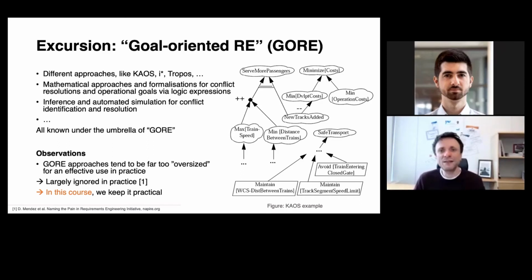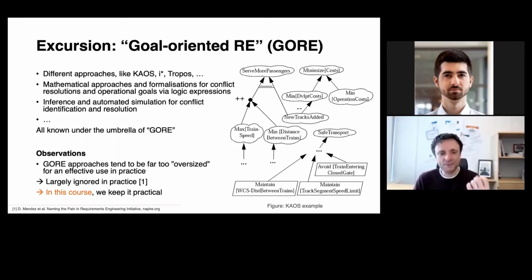Now, what do these approaches propose? What they propose is to capture all goals and their relevant dependencies in a goal model. So far, so good. But at some point, and I'm still wondering when this happened, we started taking it a little bit too far, if I may say so, in the sense that these goal models propose to refine them,